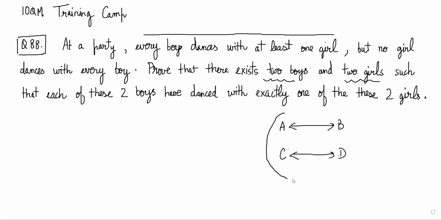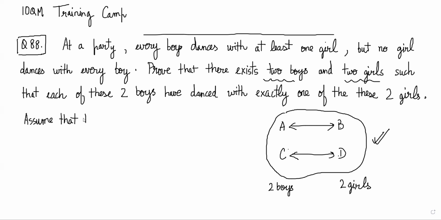If we can prove that this situation occurs, A and C are two boys and B and D are two girls, such that they dance like this. A and B dance together, C and D dance together, and A and D and B and C don't dance with each other. If we can show that such a situation exists, then the problem is solved, right? Okay, so what we will do here is we will